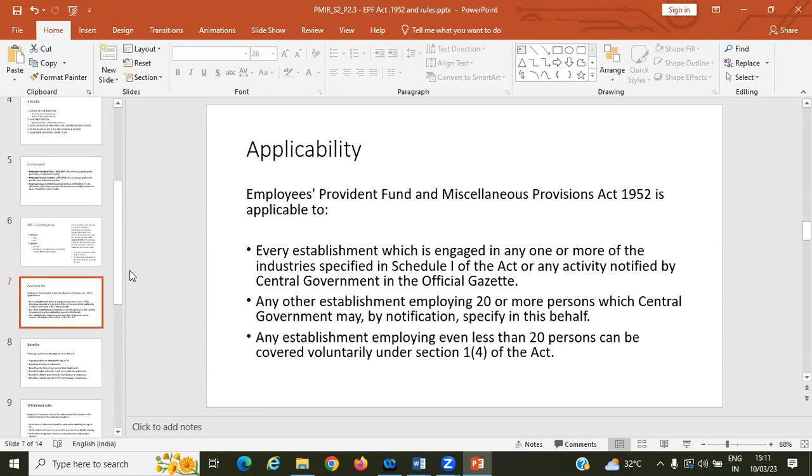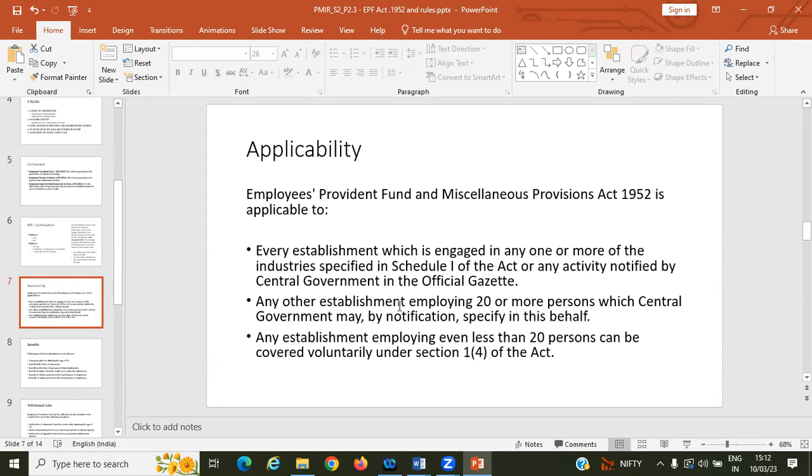We have discussed the applicability. It is applicable in all establishments. Before 1952, before the act came, there was a clause like in some states like Jammu and Kashmir was not included in this. But the act says whole of India or everything, all the states, all types of industry are included. There are some organizations whose employees are less than 20. They can also include.